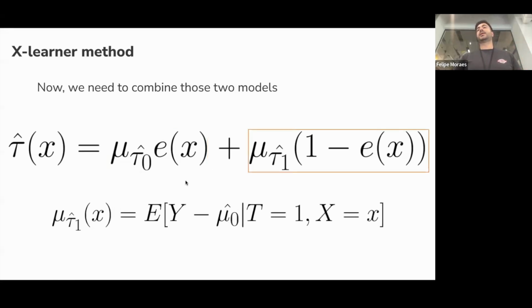And the same from here, right? So for tau 1, you learn a model. So 1 minus this propensity means the likelihood that this user has come from my control. And this tau 1 actually is the model that learns from the control before. So this is the reasoning of the X-learner, and just to point out, there are other variations of this combination.